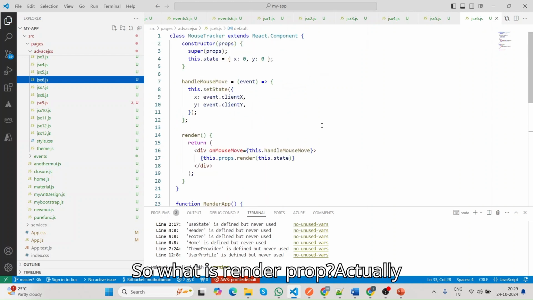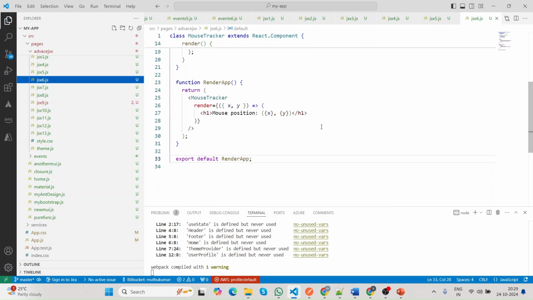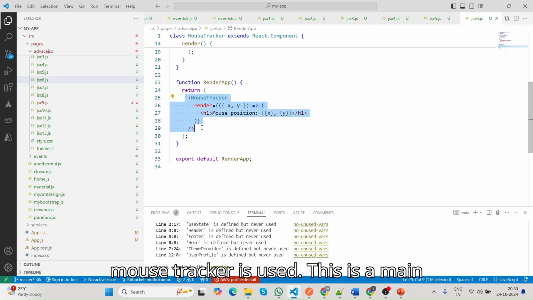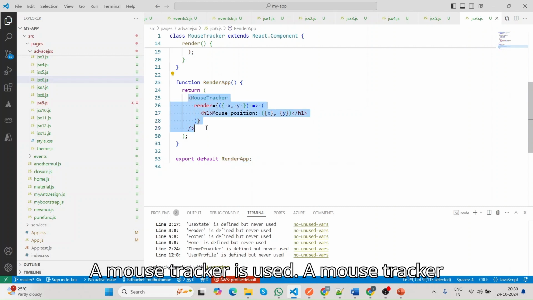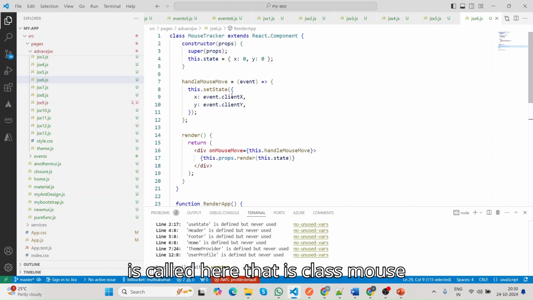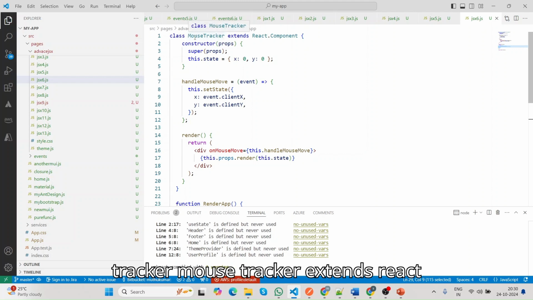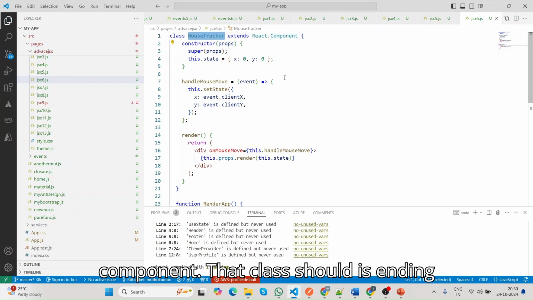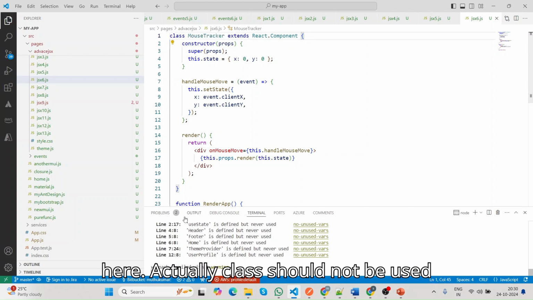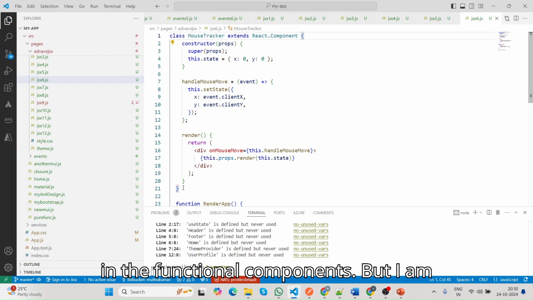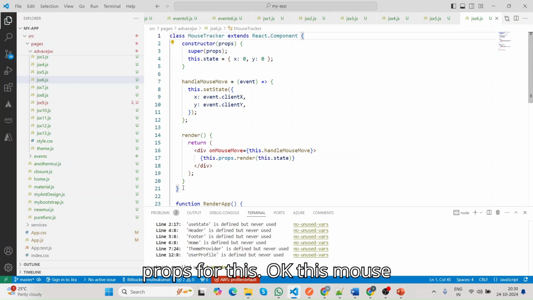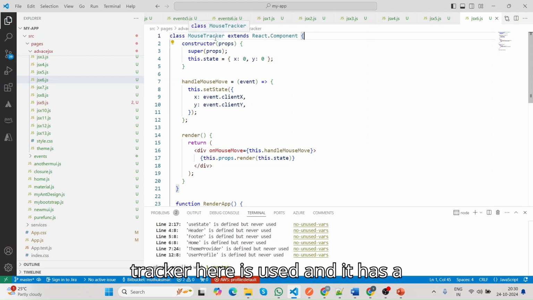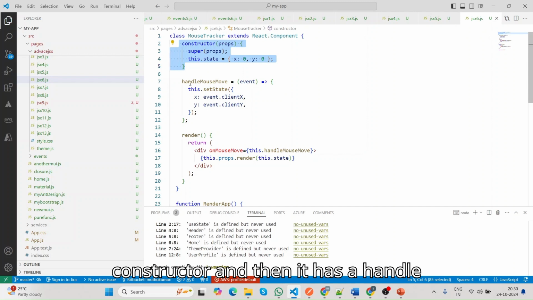So what is a render prop actually? You can see here a mouse tracker is used. This is the main app, the main function render app. A mouse tracker is called here. That is class MouseTracker extends React.Component. That class ends here. Actually, classes should not be used in functional components, but as an example I am showing render props with this. This mouse tracker has a constructor,